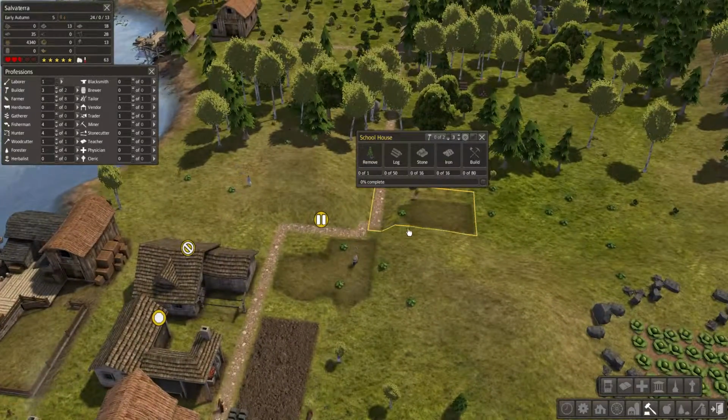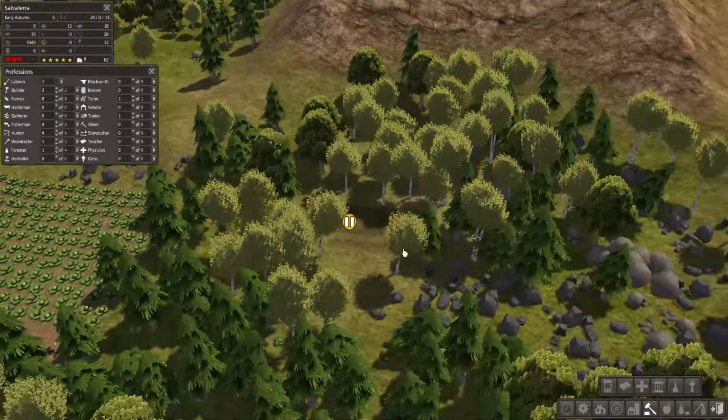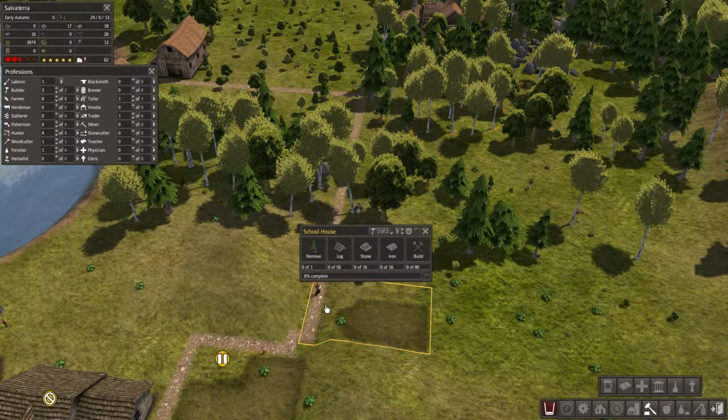So we're going to build the school. I'm going to leave the hospital alone for a little bit, and then I'm going to build the gatherers. One of the big things, I don't know if you guys have seen this before, but with the school, right